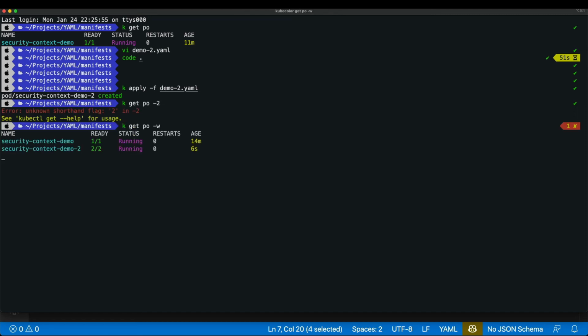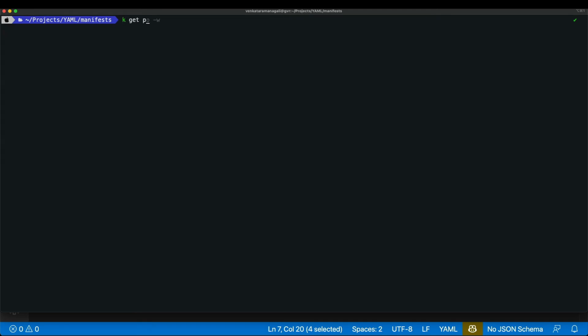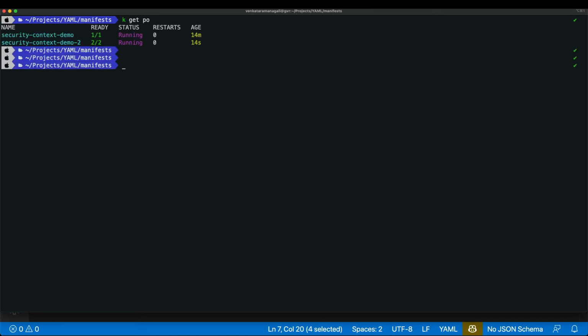Oops, sorry, my bad. Yeah, this is demo2. It has 2 containers, and 2 out of 2 are running. That's cool. Now kubectl get pod, now it's running. Now I will do kubectl exec, in interactive mode, and I want to go